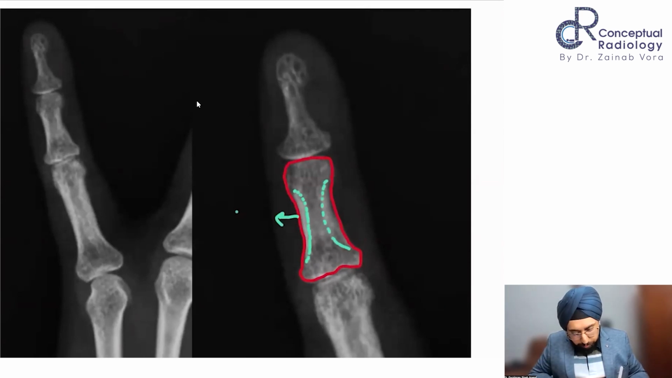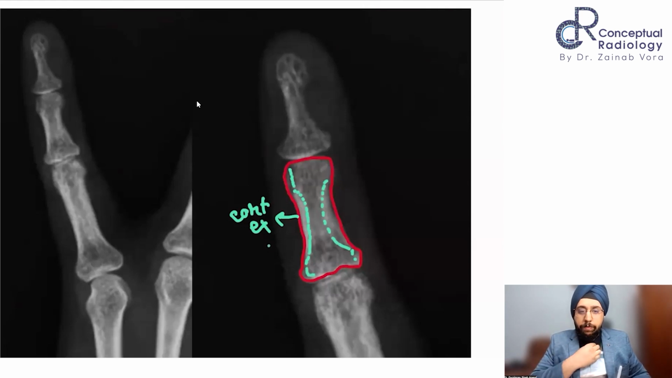Okay, so the white part is actually the thickened cortex. This is a normal finding, and as we move towards the head and the base, the cortex thins out. Okay, so this is a normal finding which you see. You can even appreciate it here as well. So this is a maximally thickened cortex at the shaft. Okay, it spreads and thins out